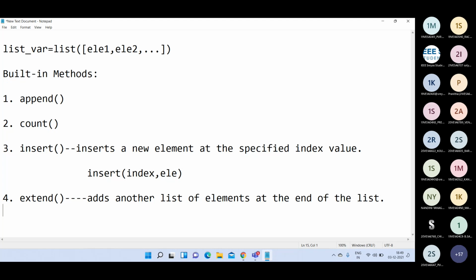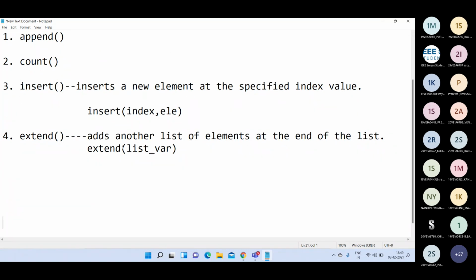At the end of one list, if you want to add another list of elements, you use the extend function. This function takes one parameter, that is the list variable. So we can write extend, bracket, the list variable. That is the syntax of the extend function. The purpose of the extend function is to insert another list of elements at the end of the list.